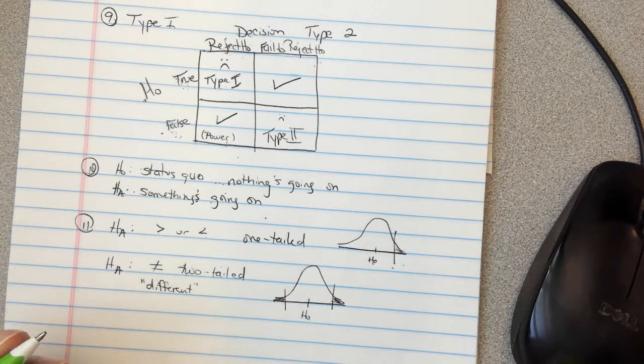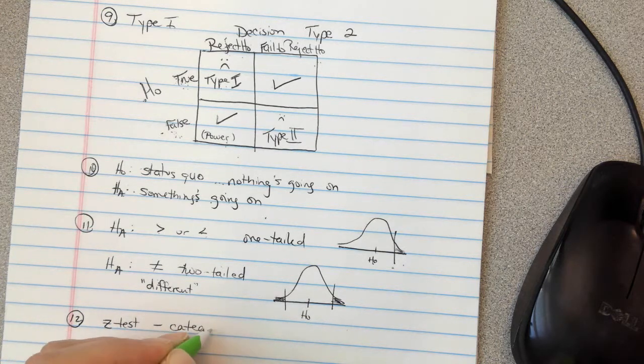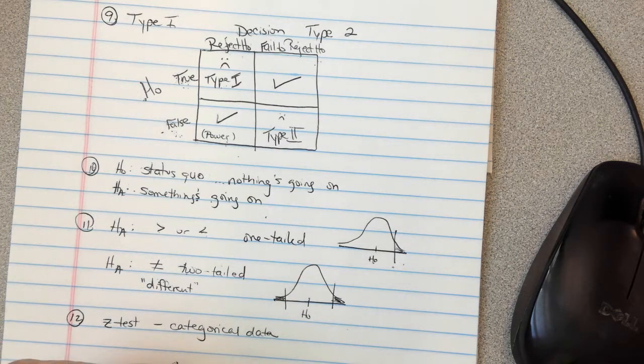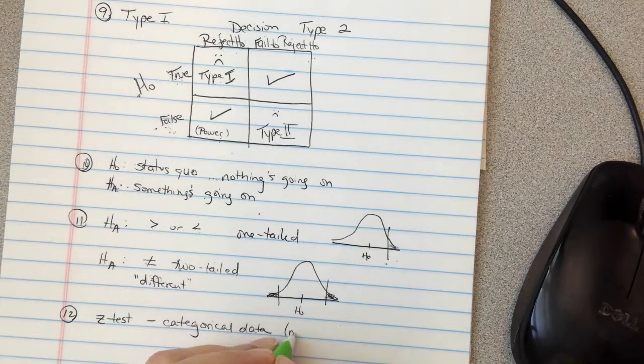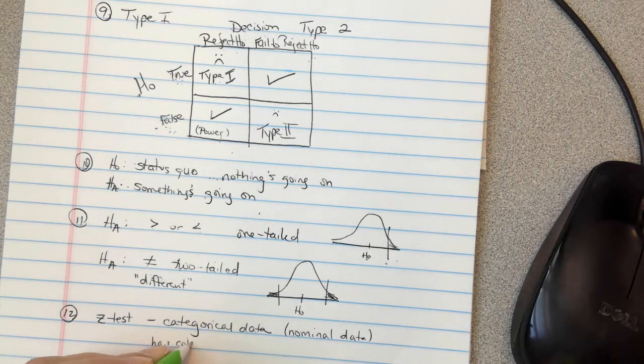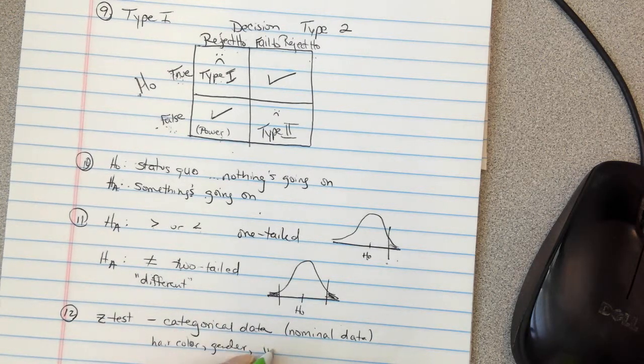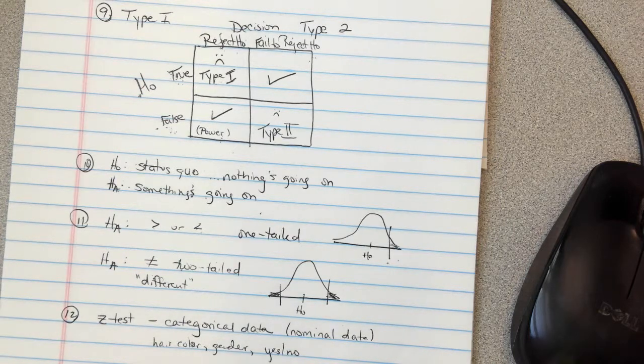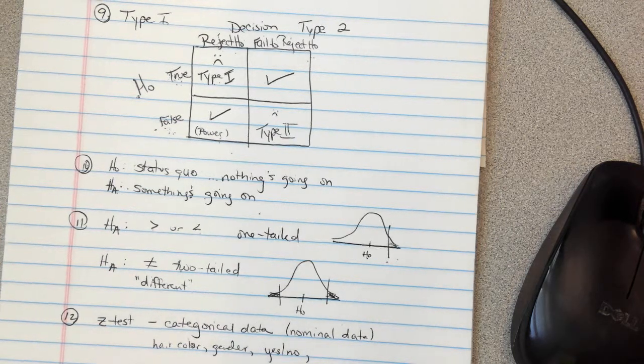All right, keep on going. Compare and contrast the z-test and the t-test. Now, I don't know how the college professors look at this, but in our world, we use a z-test for categorical data. And I think probably your terminology is going to be different. You might call it nominal data. I don't know if that's the same term you'd see or not, but we'll take a stab at it. So this is when you're talking about hair color, eye color, gender, whether you're going to vote yes or no to a constitutional amendment. So something that puts them in a group together.